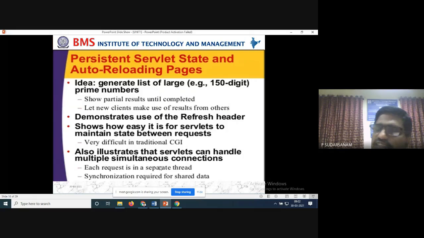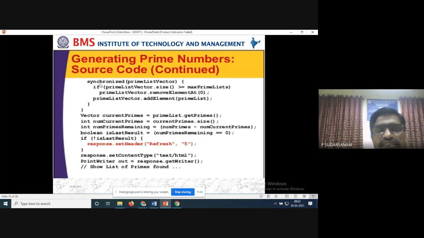That is the reason we have used synchronization here, synchronizing the prime list of vectors. You have to remember this, and write it in the examination also the same way. There are small modifications, you need to identify them and write them.